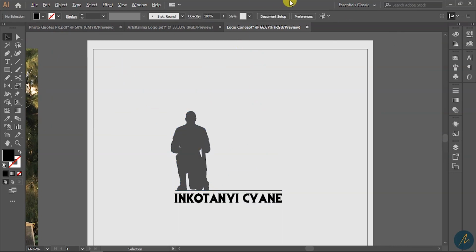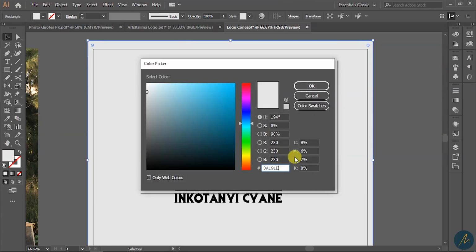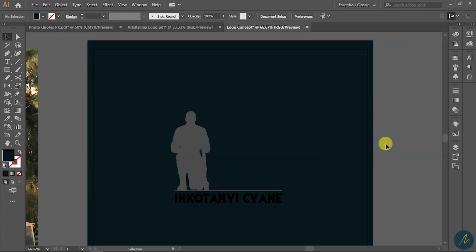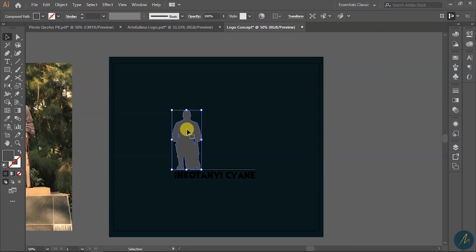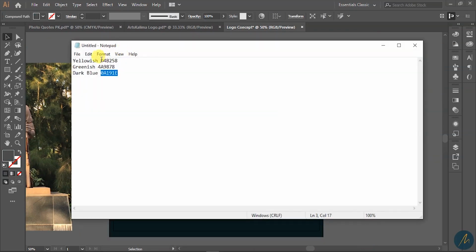I go ahead and press Ctrl Alt+2 or Command R2 to unlock the background, and then paste the color code here, and then okay, it will be like this. And I go ahead and choose this yellowish,